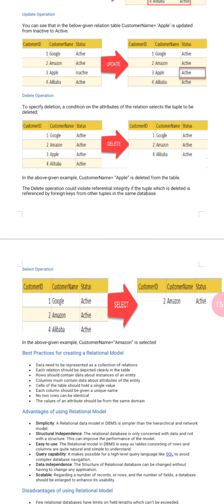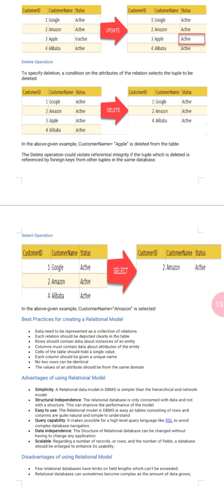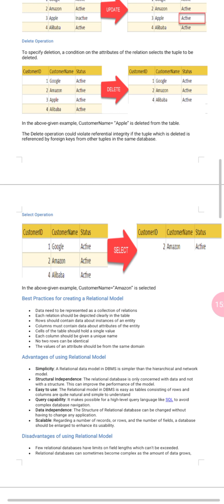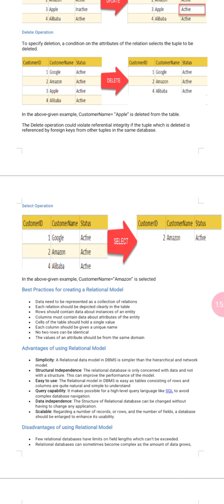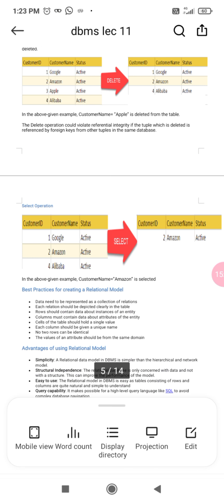To specify deletion, select the table to be deleted. Clear? As we have an information table with 4 IDs, 4 customer names and their status, but I now have to delete customer ID 3, Apple, because it is no more in our database.